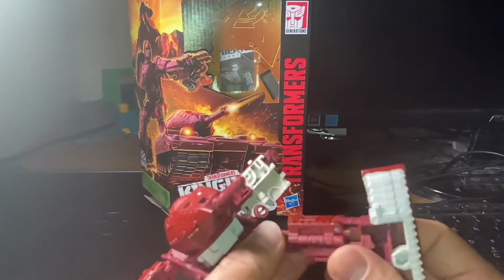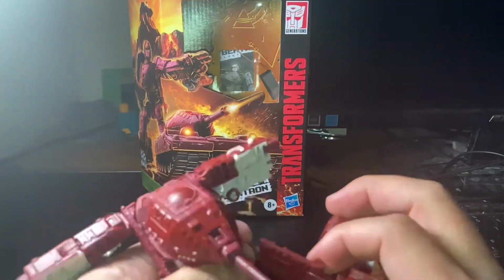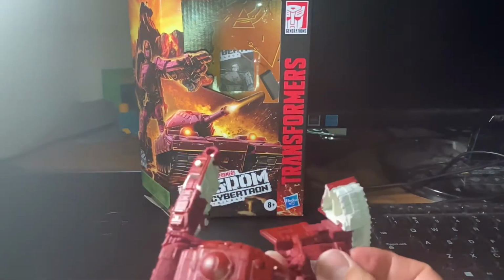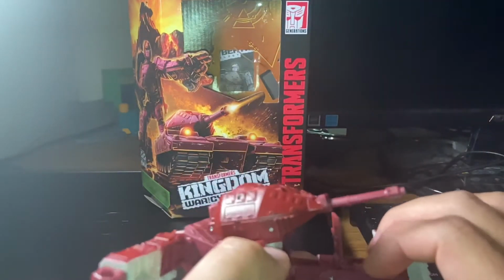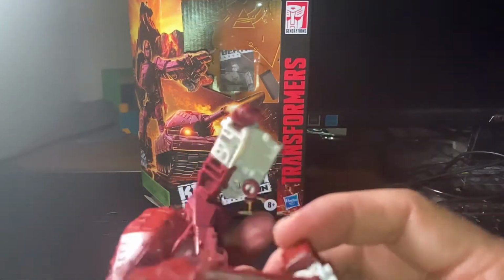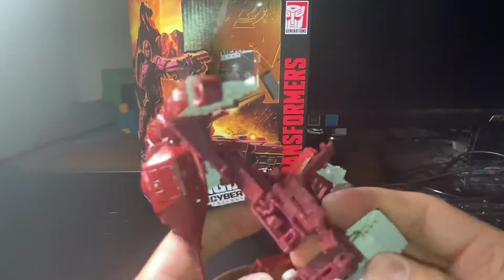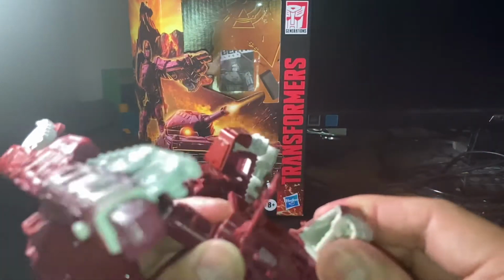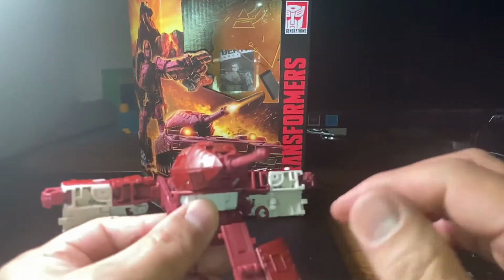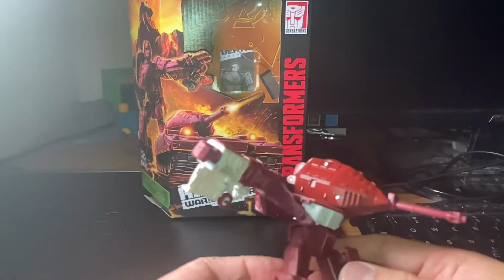Yeah, I don't want to break my toy yet, so just move this section out like this, and then you open up this other section right here. Open it like this, and then this leg section opens up like that, and then you try to form this front panel first, and then you repeat the same step on this other side,